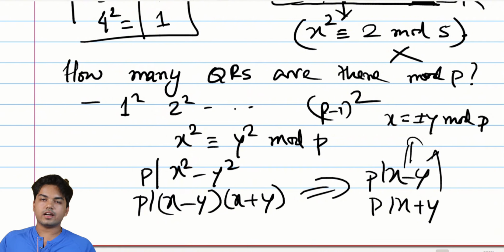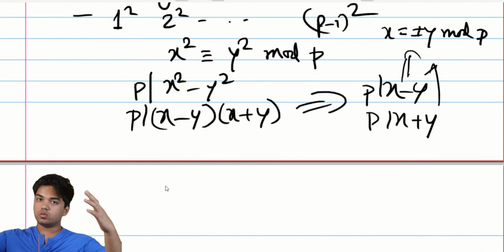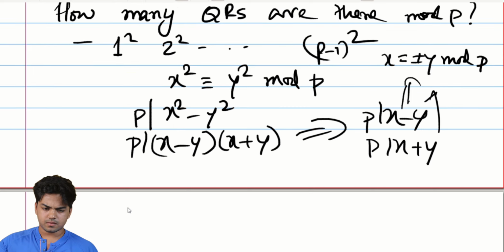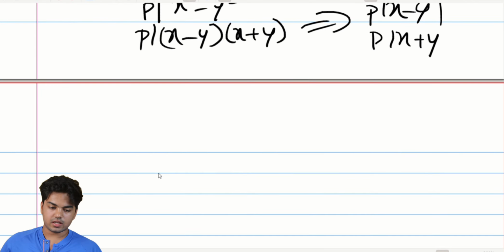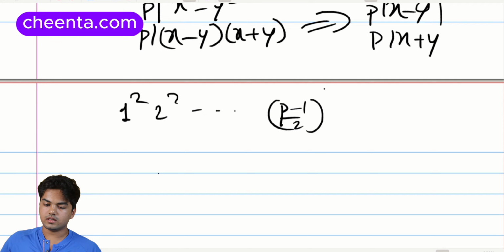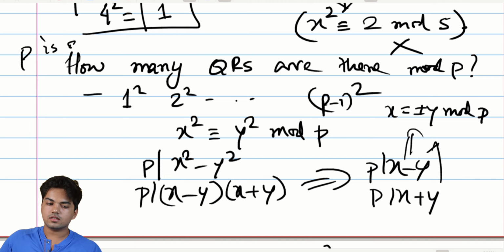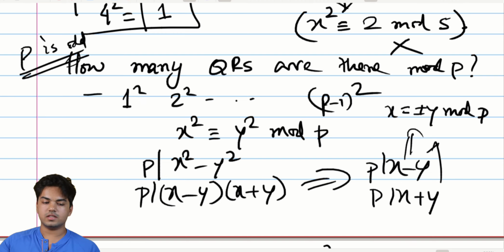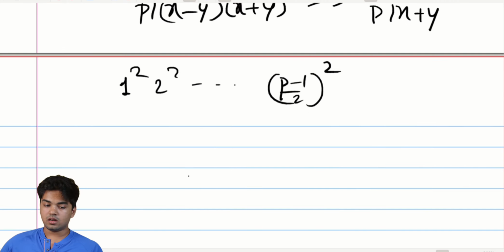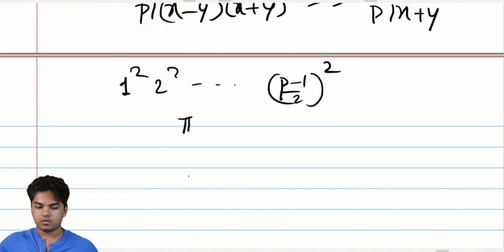which is pretty obvious actually if you think about it. You square the negative of a number, you get the same thing. But this concretely answers the question, when can two different squares be the same mod P? And so this tells me that if I just take 1 square, 2 square, all the way up to P minus 1 by 2 square, where P is an odd prime. 2 is always going to be a sore thumb in these kinds of things. P is odd whenever it's not mentioned. And these are all distinct because nothing here is the negative of anything here. And so there are p minus 1 by 2